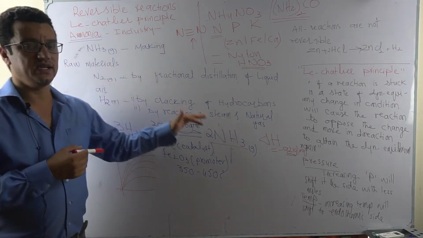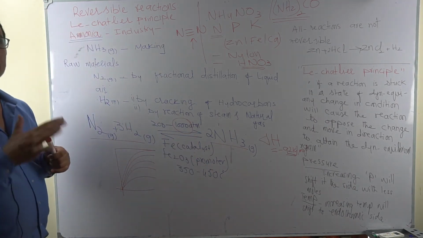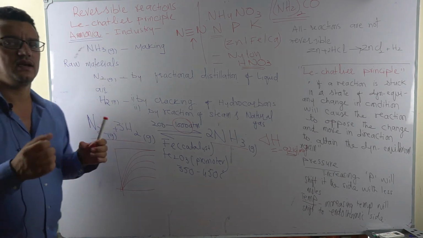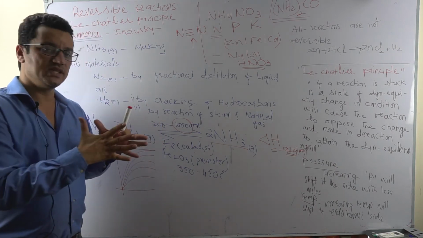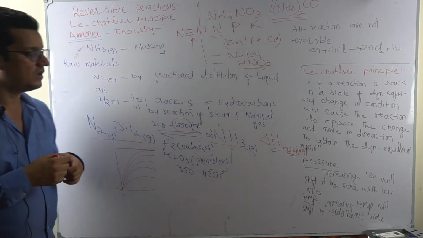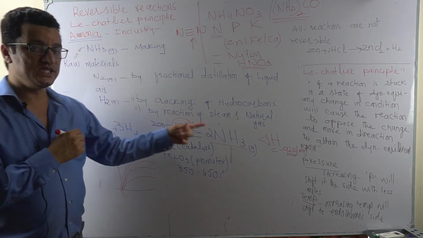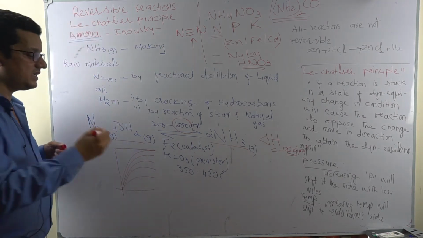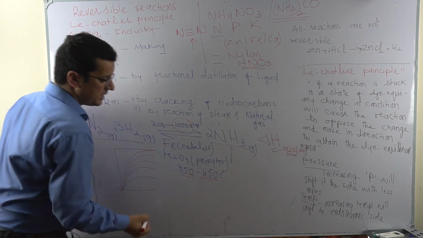Low temperature is needed in this case to improve the yield, but a very low temperature will decrease the rate of reaction, because temperature provides the kinetic energy, it improves the collision frequency, and it is needed for activation energy. So a very low temperature may improve the yield of the product, but the rate will be less. So there is a reason we compromise. The yield is compromised a bit, but the rate is improved.